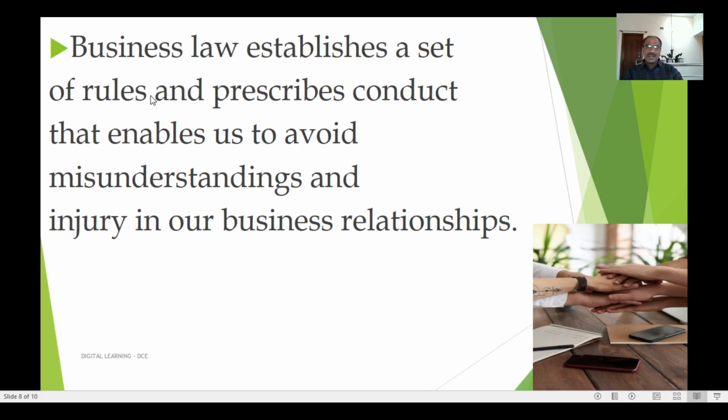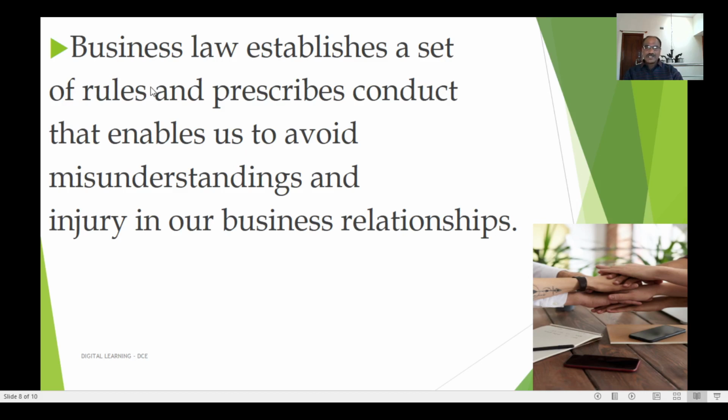Suppose he does not have any knowledge about the Sale of Goods Act, that is what is called a guarantee: how the guarantee is to be given to customers, and what prescribed conditions are mentioned in the Sale of Goods Act. If he does not have any knowledge about the Sale of Goods Act, he will face practical difficulties. So, in order to avoid those practical difficulties in future when he is doing business, he should have the knowledge about the Sale of Goods Act